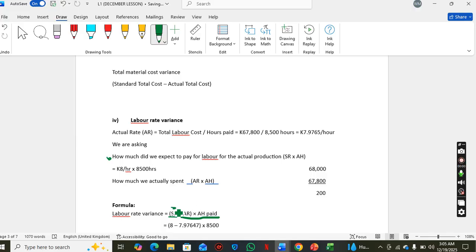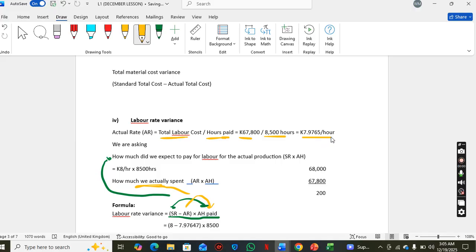So when you multiply your standard labor rate with your actual hours paid, you're answering this question: how much did we expect to pay for labor? Then when you multiply your actual labor rate with the actual hours paid for, it will give you how much you actually spent for the labor. So we need to get our actual labor rate. Our actual labor rate is our total labor cost divided by the hours paid for. Our total labor cost was 67,800 and we paid for 8,500 hours. So our actual rate is